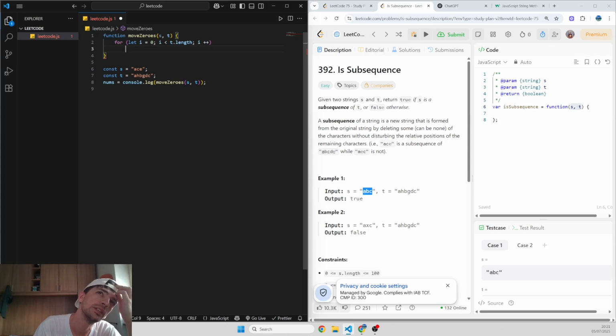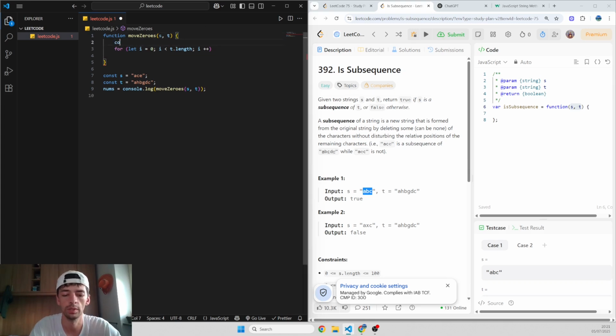Or S. Because I need to check S. I need to compare S to T. For example, counter equals 0, and I'm checking